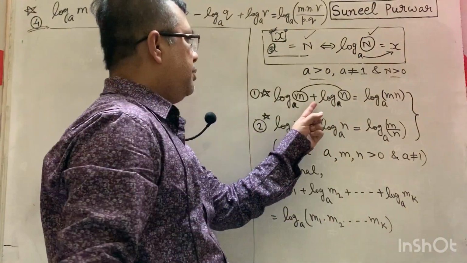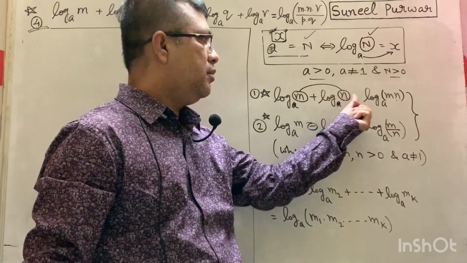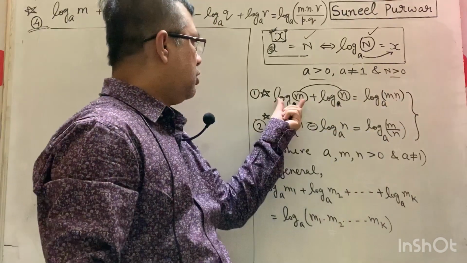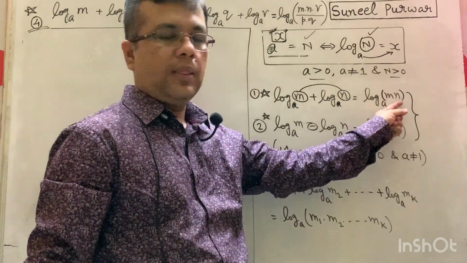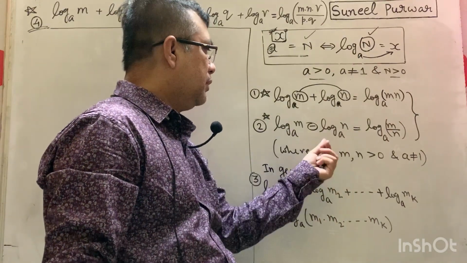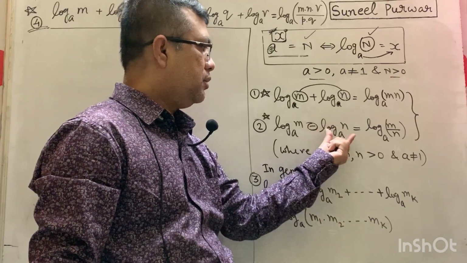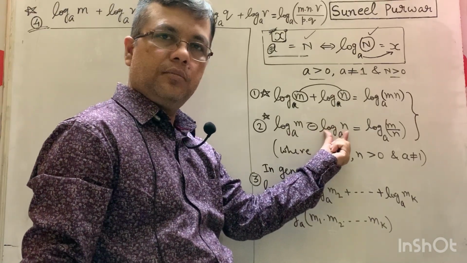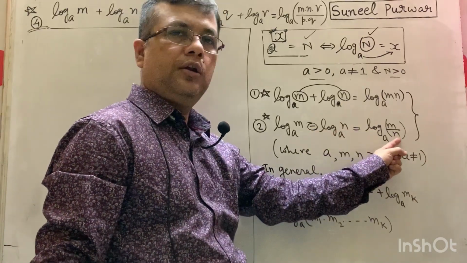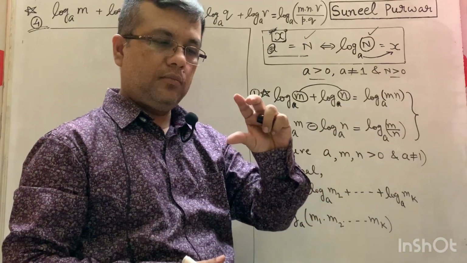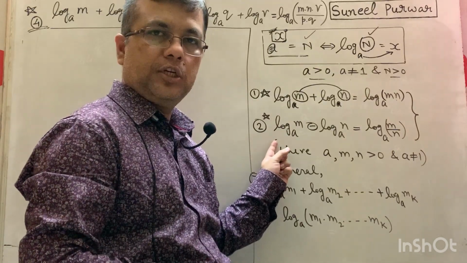Here this logarithm was having a plus sign, this logarithm was having a plus sign, so its number n went into the numerator. This logarithm is also with a plus sign, plus of log m, so its number also went into the numerator. But on the other hand, if you are having a logarithm preceded by a minus sign, then the number of that logarithm will go into the denominator. So this is how you can execute these two results in solving the questions.